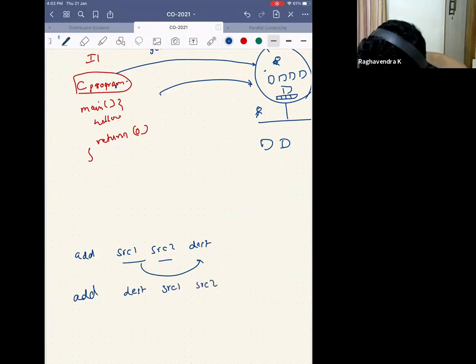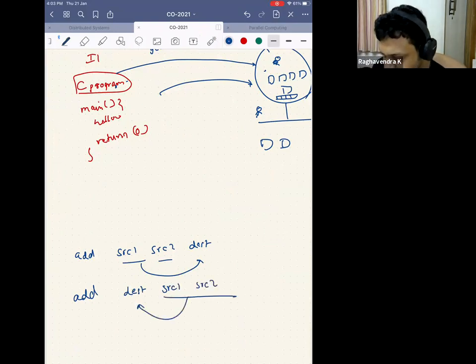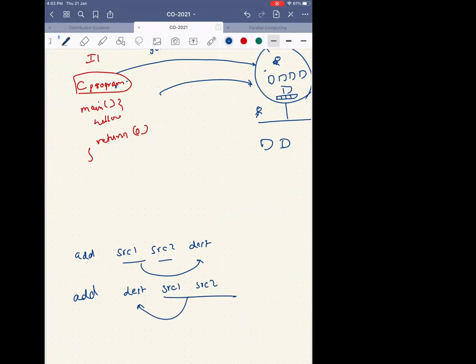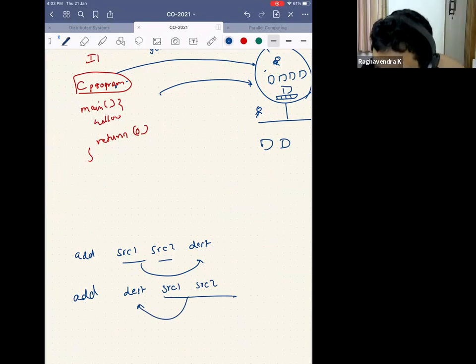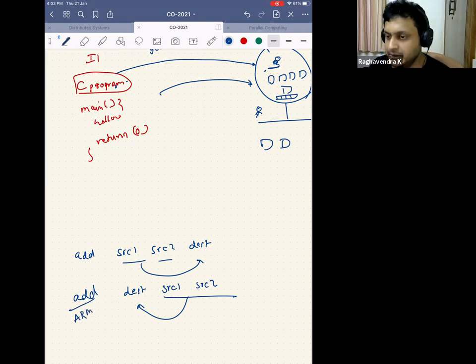So is he wrong in doing this? Right. So this is a different way of making this guy understand. Which means that this guy is a bit different. He understands something different when compared to my guy. And maybe this architecture is called ARM architecture. You might keep hearing this, right?